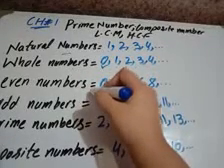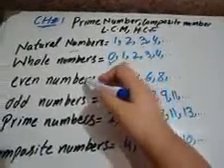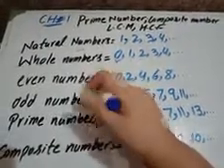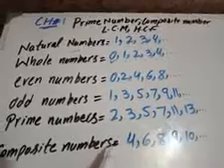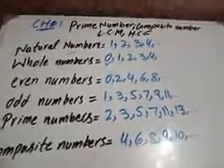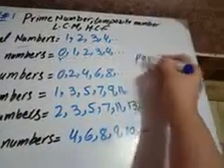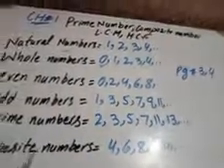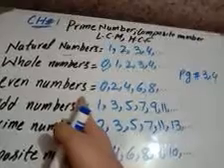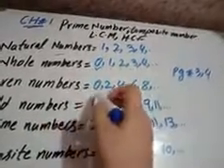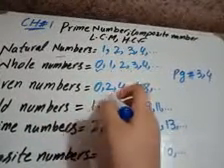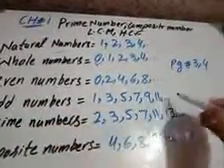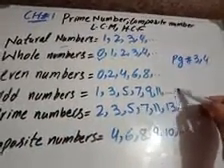In class 4 and 5 we also learned the definition of even number, odd number, prime number and composite number. All these definitions are available in the book on page number 3 and 4. So just recall the even numbers. The numbers which are divisible by 2 are called the even numbers, and the numbers which are not divisible by 2 are called the odd numbers.